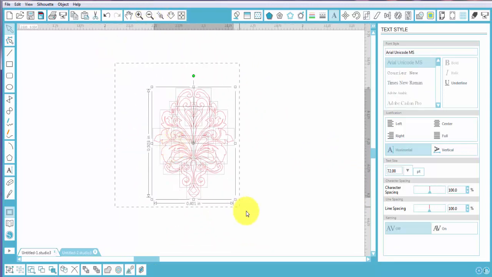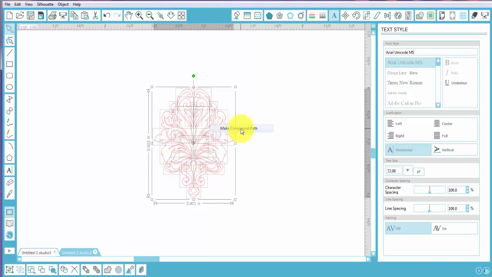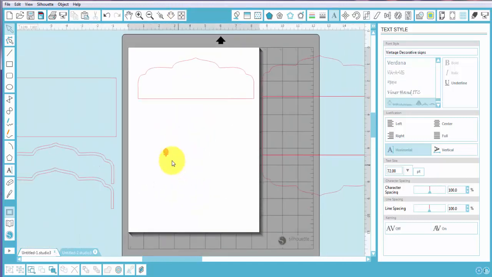Okay. And you'll also want to make this a compound path anyway, because if you decide to cut this on another computer and it's still a font and you don't have that font on your computer, it won't show up. It'll show up as something else, usually a default font. Okay, so now that I had this,